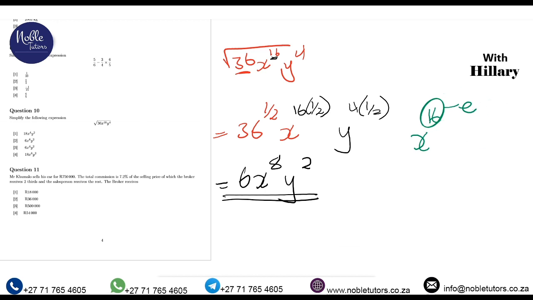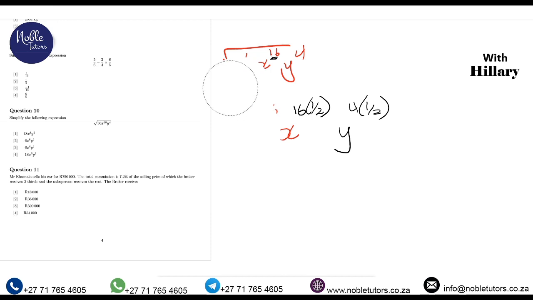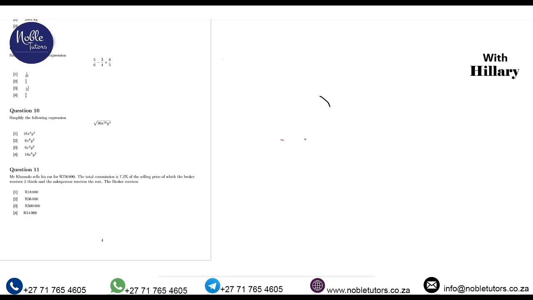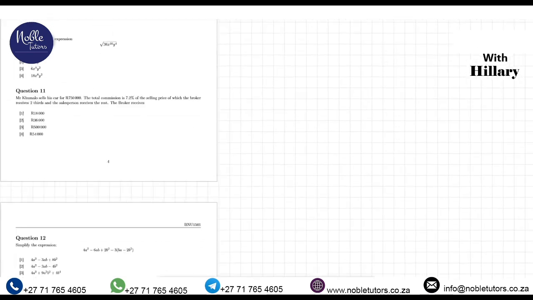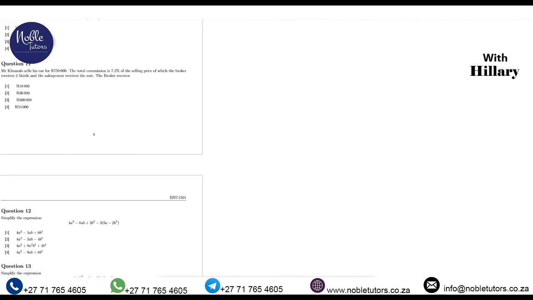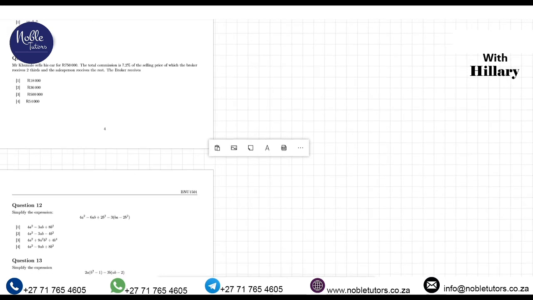You multiply an exponent by half to get the answer that you are looking for. So that's very important. You must remember that. Having said that, we can move on to a part where we talk about